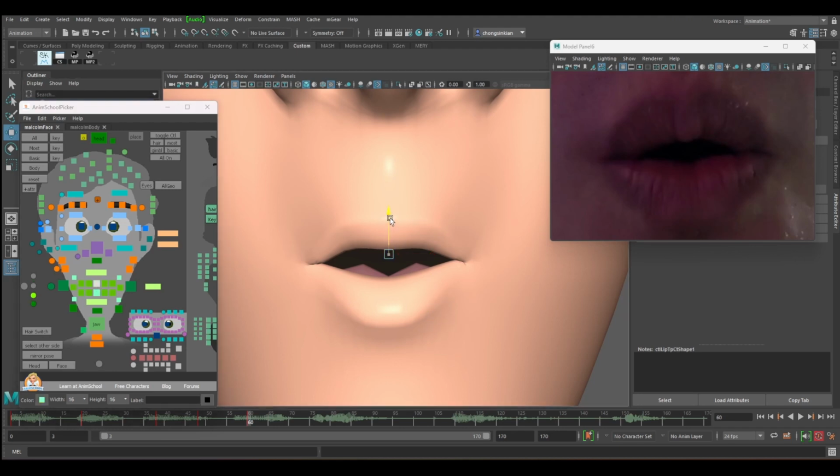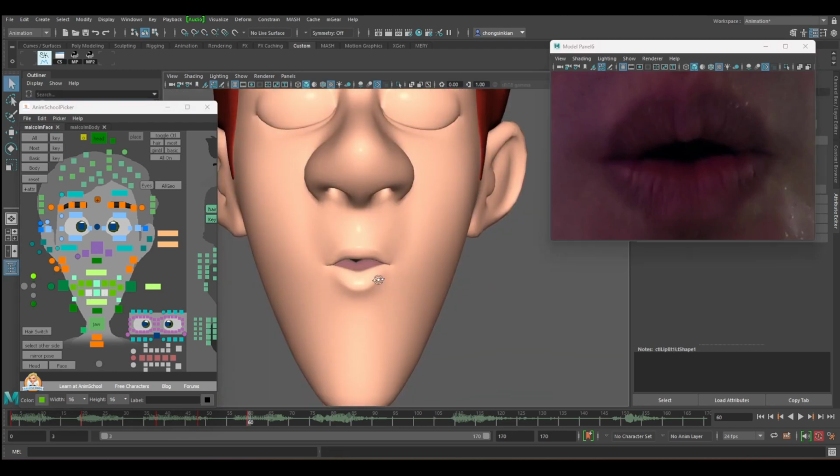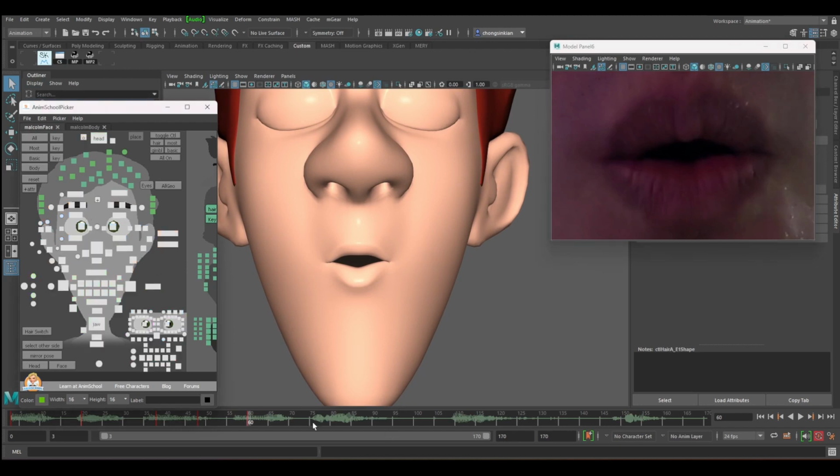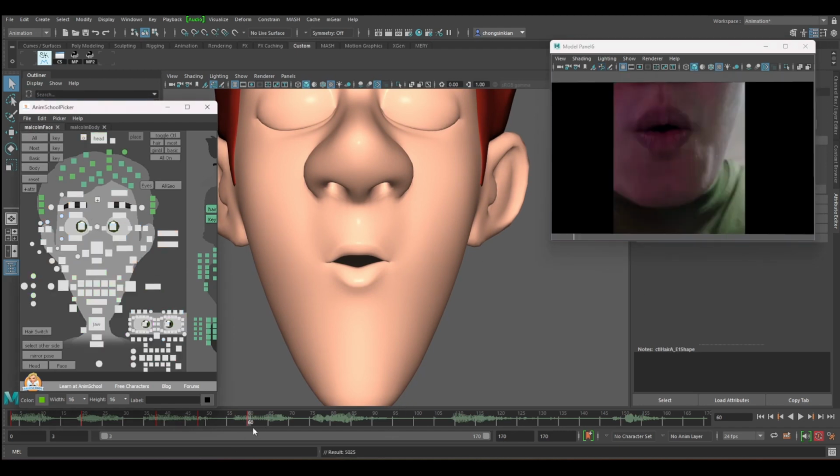Okay, overall we need to have the O kind of feel. The tongue, same thing, as long as it's not sticking out, should be okay, because you cannot see the tongue. Okay, so select all, keyframe. Then next,